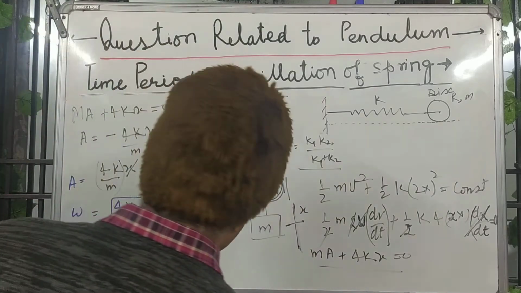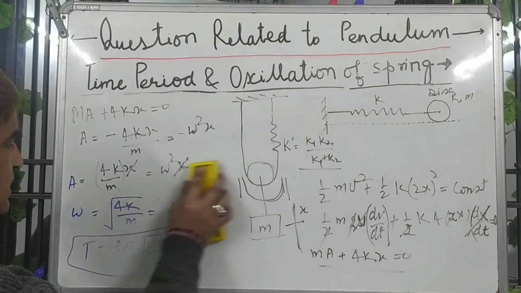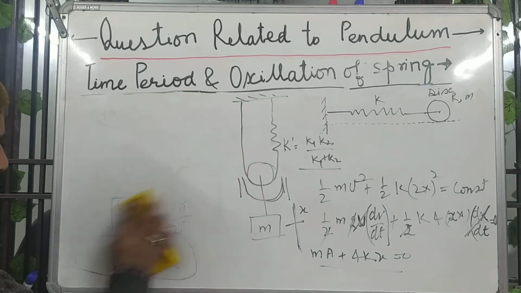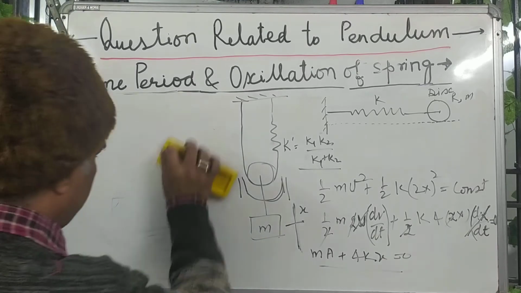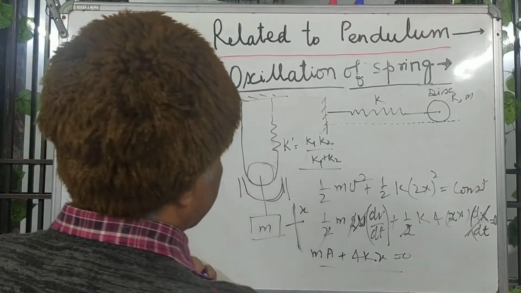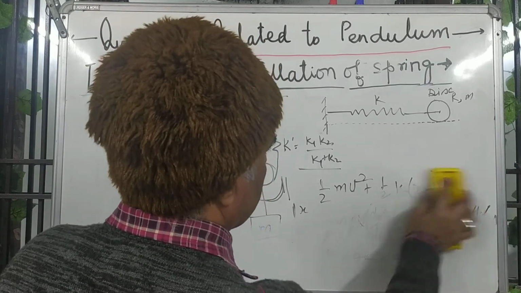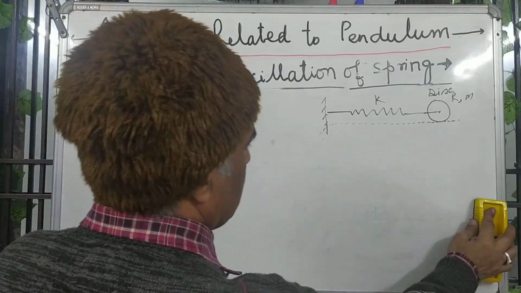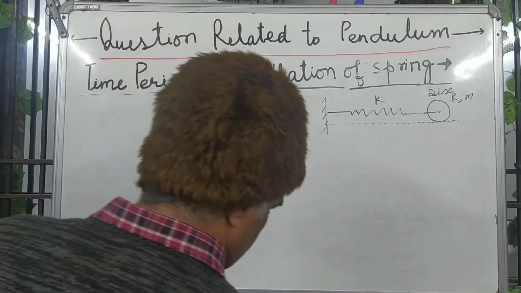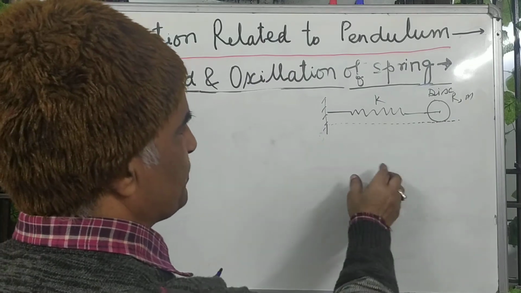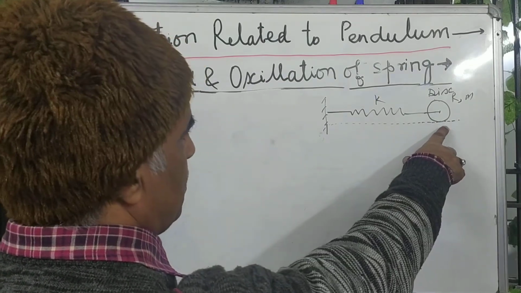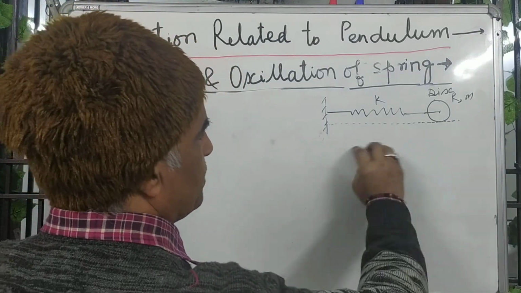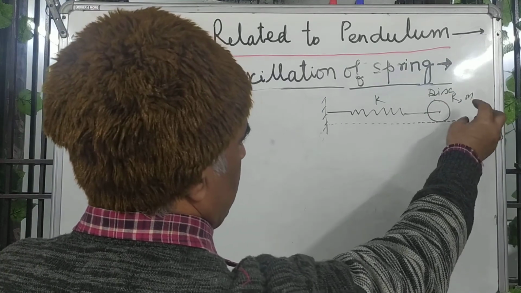And one more question, and that is very important, and practically in my view all questions are important. So this is the question. In this case, this is a spring of spring constant k, and this is a disk of mass m, radius r, and it is rolling without friction on the ground. It is displaced and released.